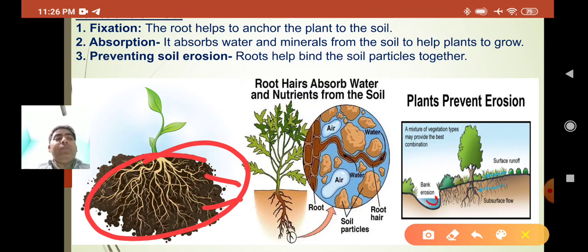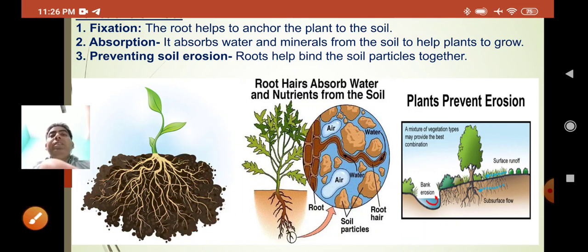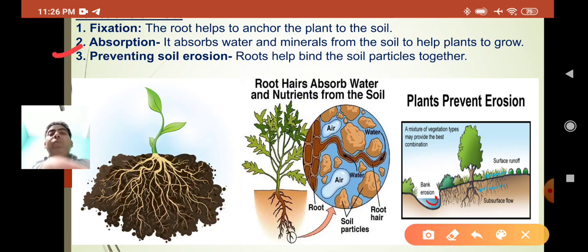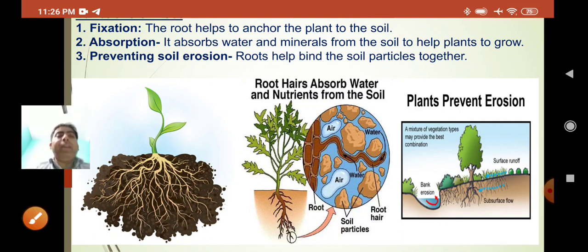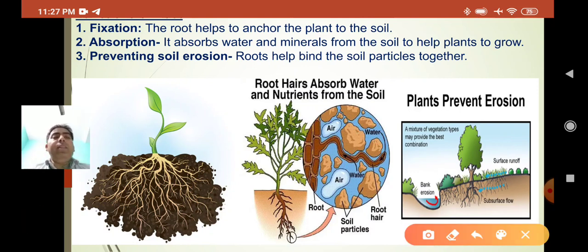Okay, so the second function is absorption. What is absorption? The root absorbs water and minerals from the soil to help the plant to grow. What does the plant do? You can see here the root is there. In this root, it is